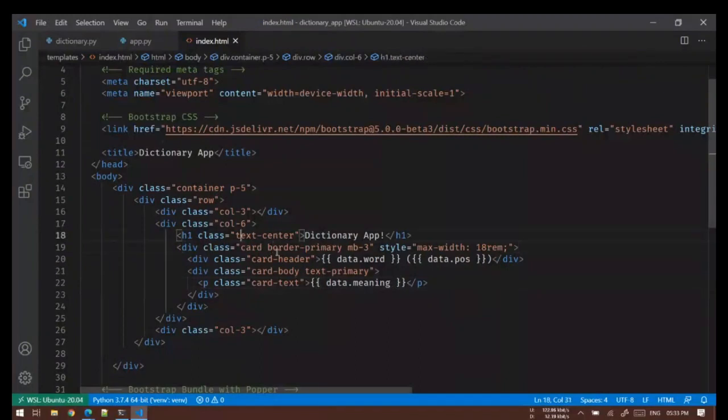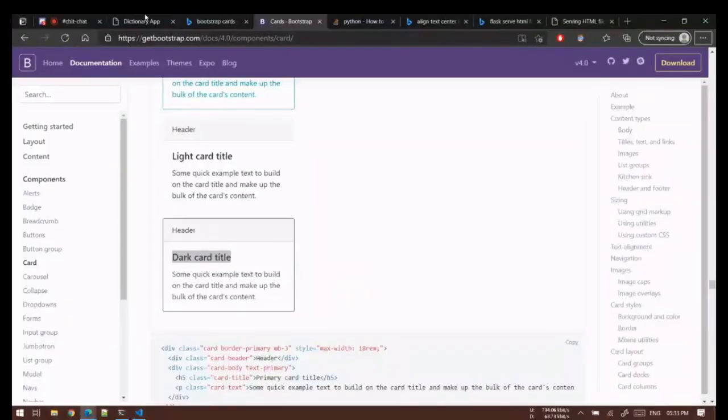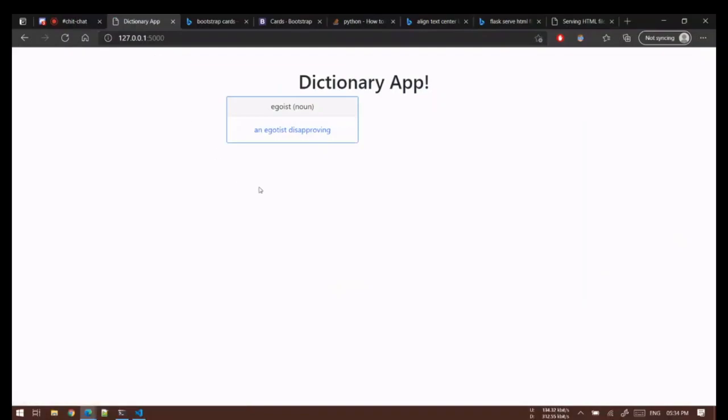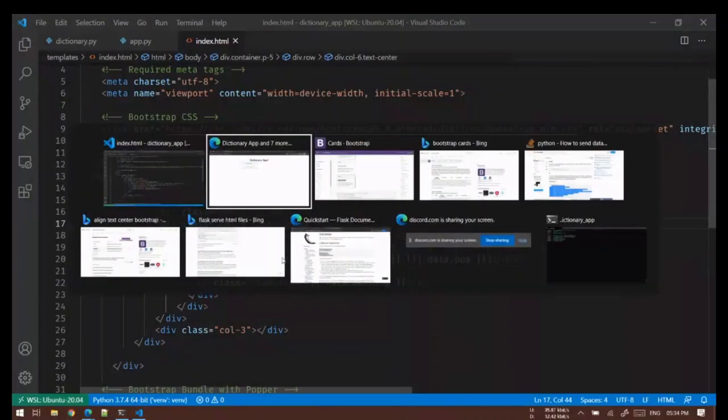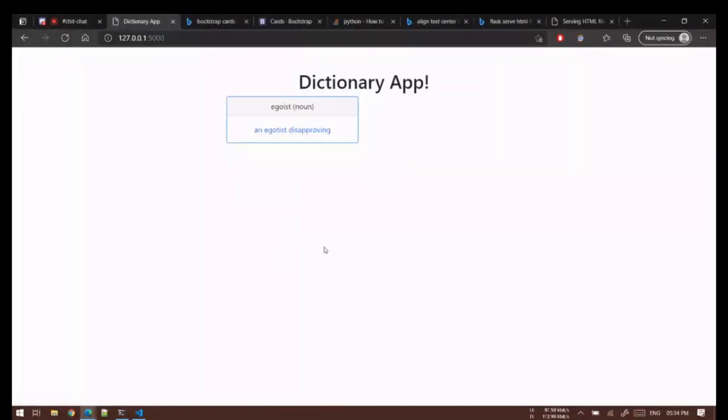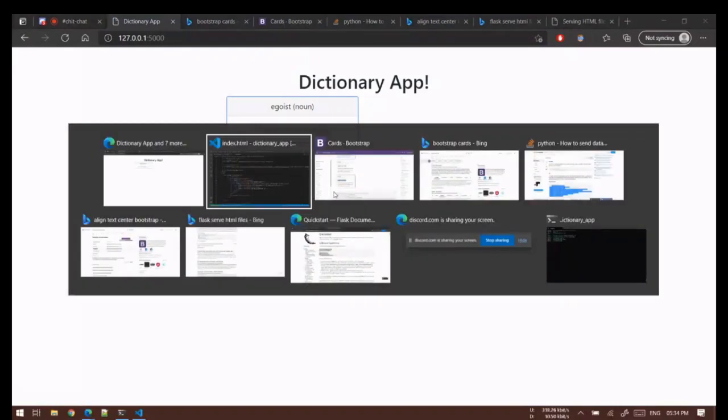So we'll copy this thing and let's paste it here. Okay. So this is the card for us.